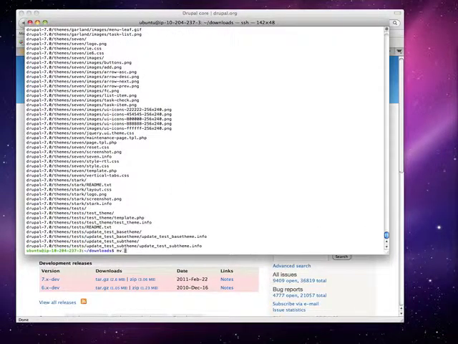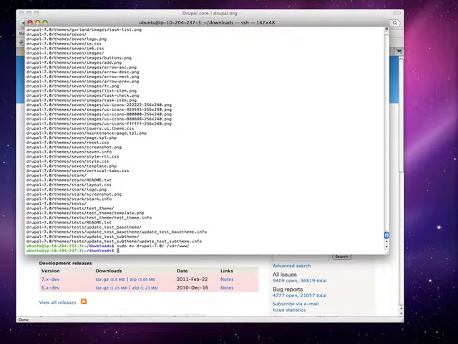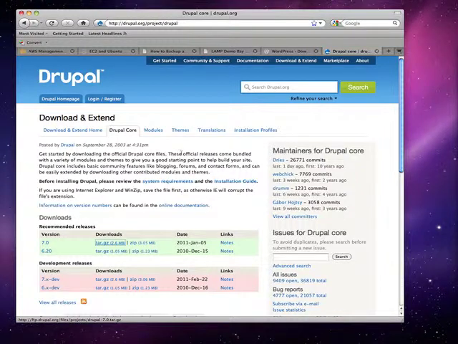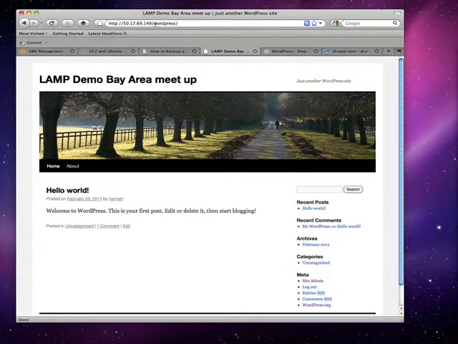Okay, Drupal. So I'm going to say sudo move, obviously, /var/. Okay. So let's see if that works for us. Take this.